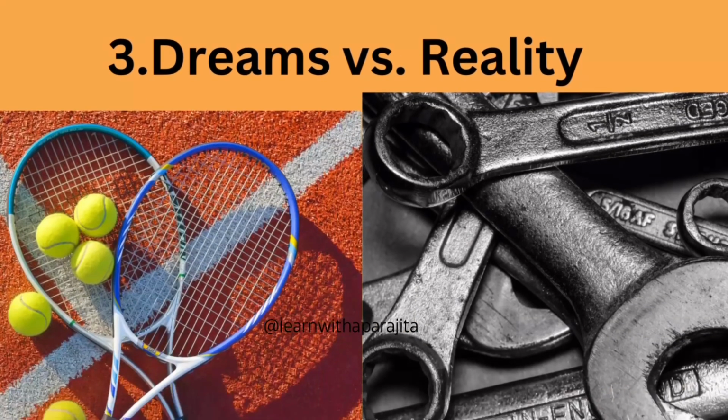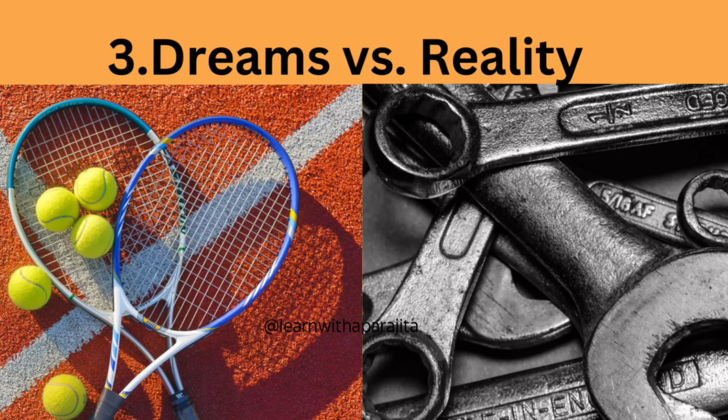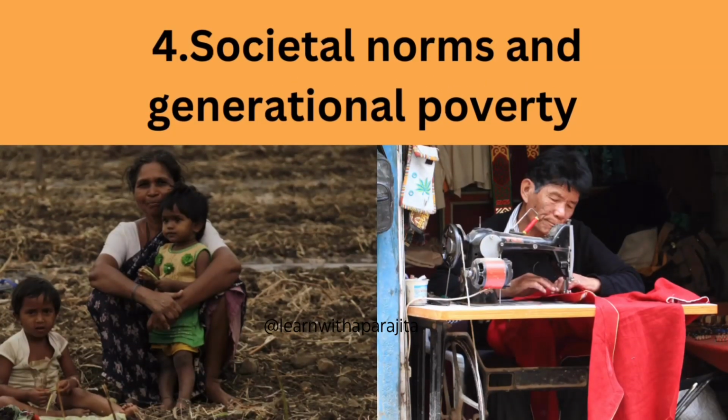Both Saheb and Mukesh have dreams of a better life. Saheb wants to go to school while Mukesh dreams of becoming a motor mechanic. However, both are shackled by the harsh realities of their lives and their dreams remain unfulfilled due to the overwhelming force of poverty. In the second part of the story, Mukesh's dream represents the desire to break free from the traditional cycle of labor. His family's belief in their destiny to make bangles highlights how generations can be trapped in poverty because of societal norms and lack of opportunities.